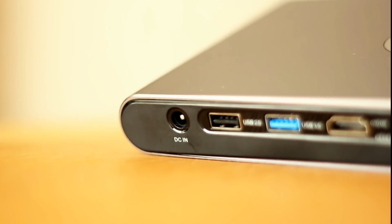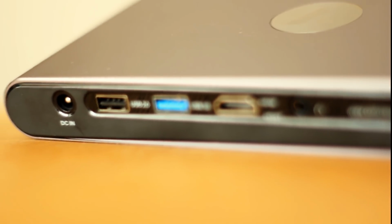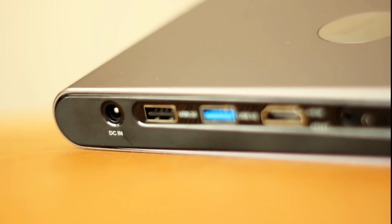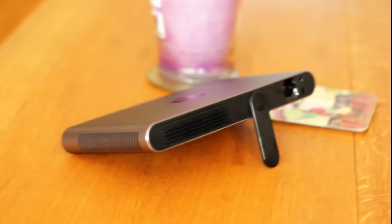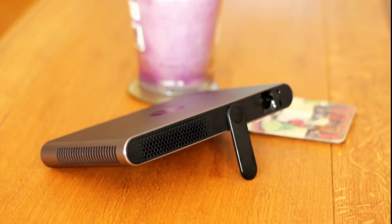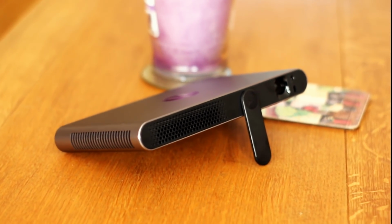So the APPotronics A1 projector is a laser projector, which is a first for us here at the MXQ Project. It's got a display of 1280 by 800 pixels native resolution. It's also 600 ANSI lumens measured, so it's nice and bright. It's also got Android 4.4 built in, and we'll talk about that a little bit later on. It's got a projection distance of up to 5 meters and can reach screen sizes of up to around 200 inches. So not too bad all around, but let's get on with the unboxing now and see what we get